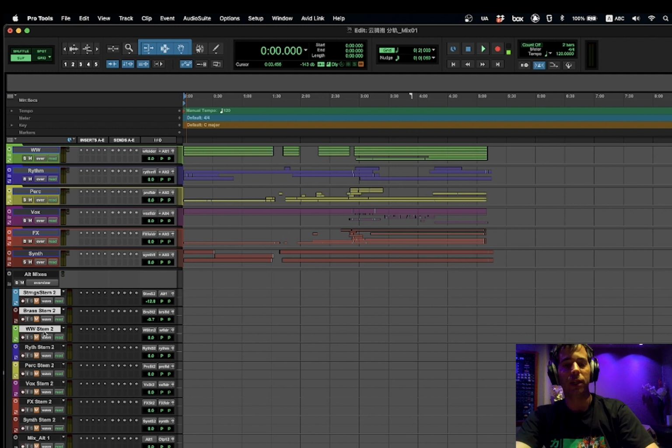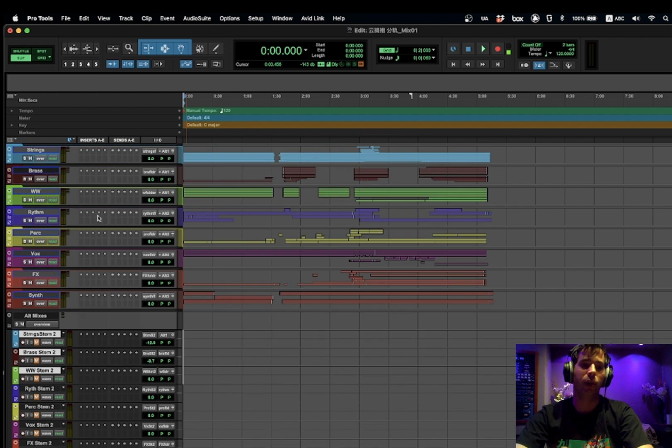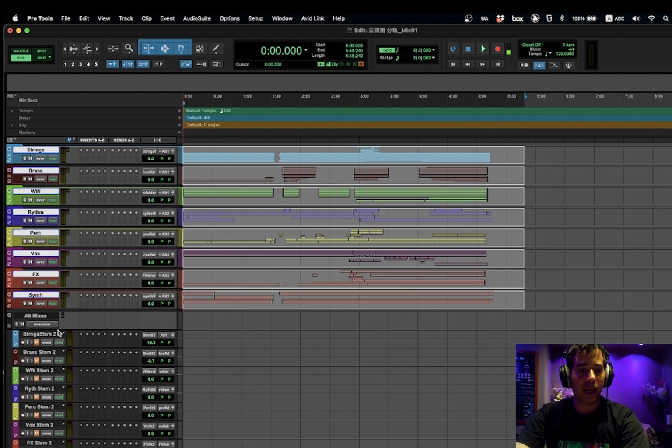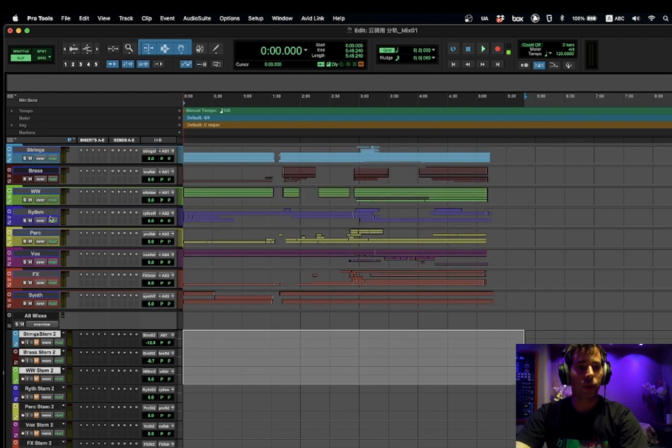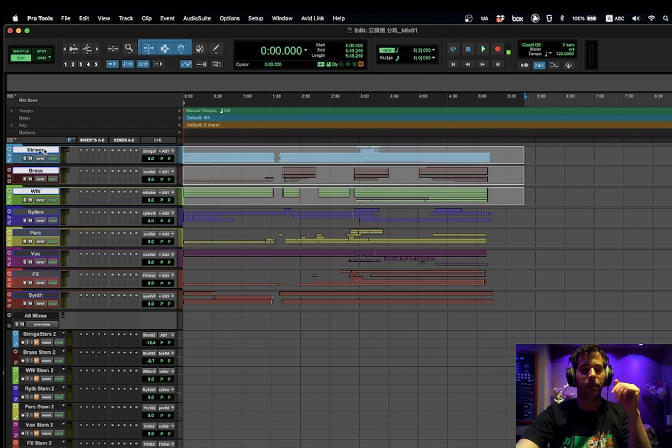I can adjust the volume here. I can add some plugins if I need. I can basically create a mix inside my mix. So I have the whole full mix, which is basically all of these folders, right? And then I have just these three if I want to control just these three folders and change a little bit, maybe the balance or whatever I need, because, you know, as a whole,